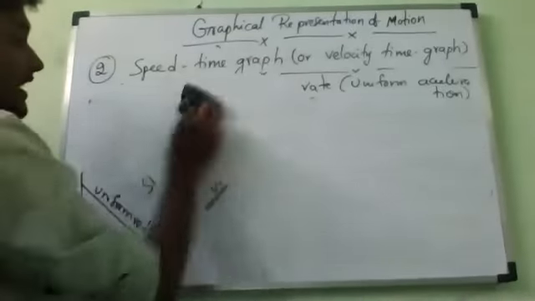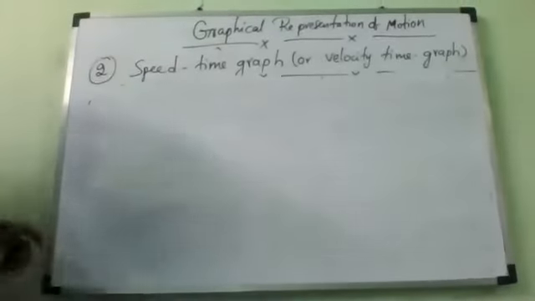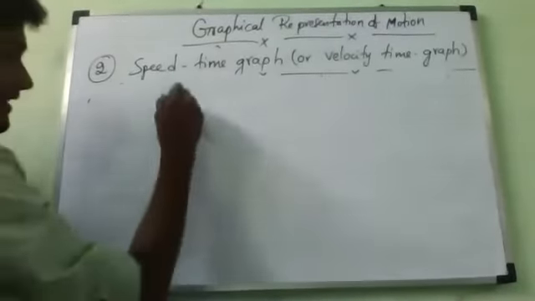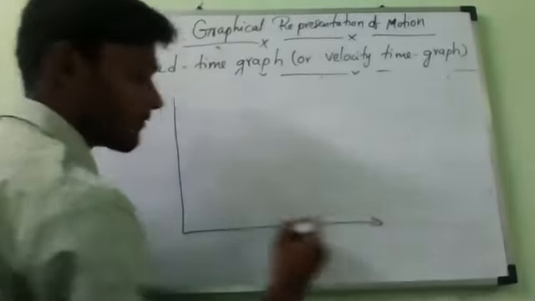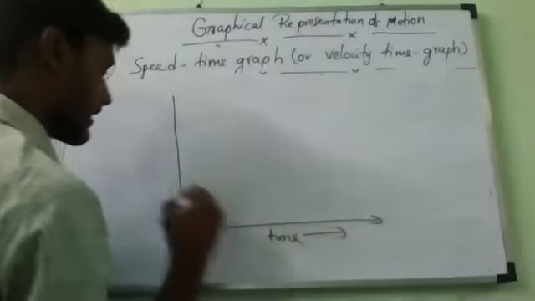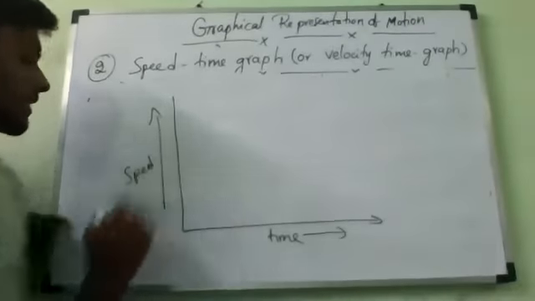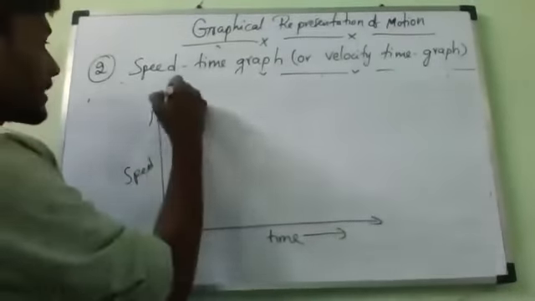Now, for example, let me take a graph like this. All of you observe. What is the next type of graph? The body initially does not start from 0. Observe carefully how the graph will come. First listen, don't write. Later you will understand. So my graph is the same: this is the time axis, and this is the speed or velocity axis.